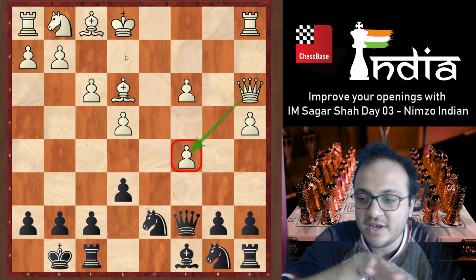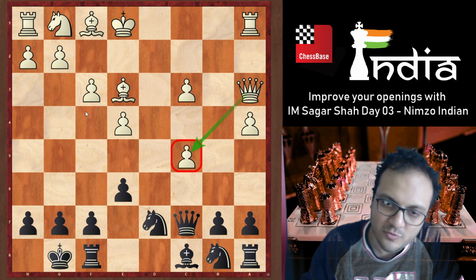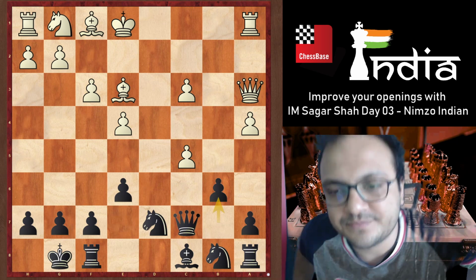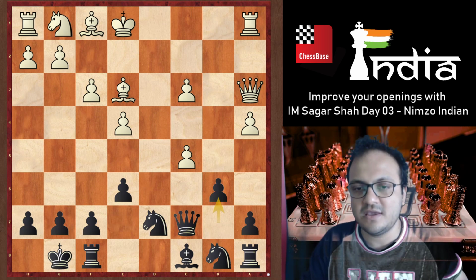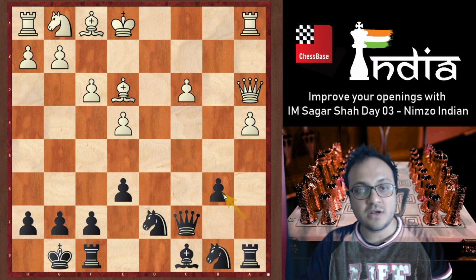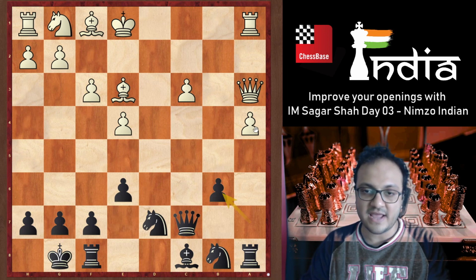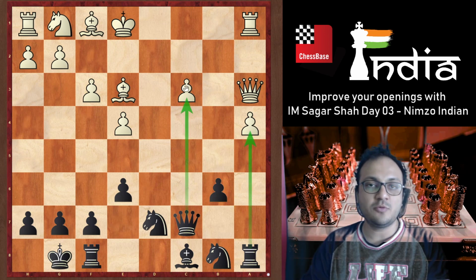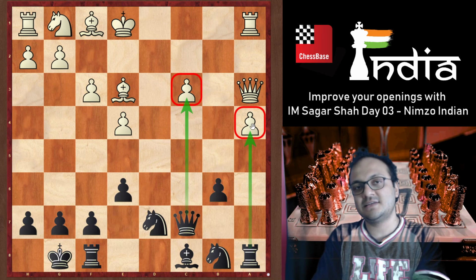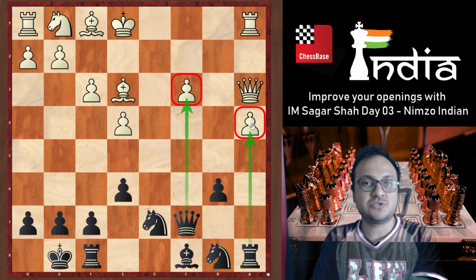So instead of trying to win it, you just play the move b6, and this is really good. The point is that after cb, ab, yes, you are a pawn down, but you get two open files, sort of semi-open files, and there's pressure down to the c pawn, pressure down to the a4 pawn, and that's the reason why black is doing really well.